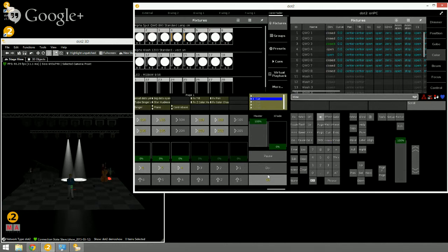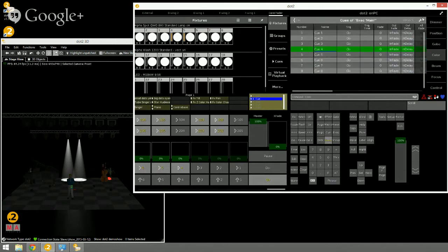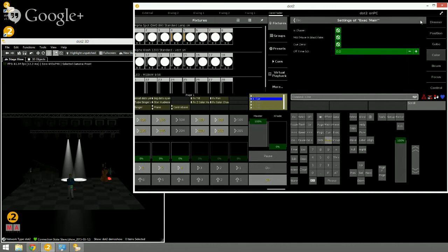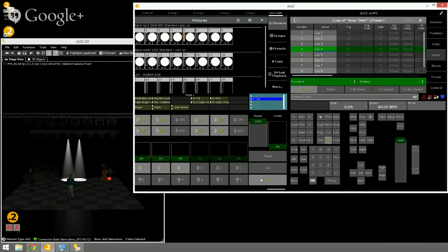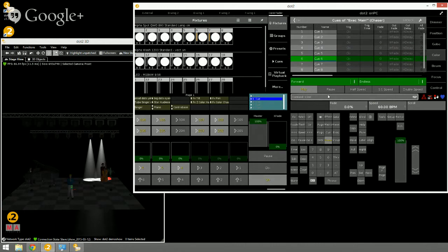I'm going to say view this cue list, and we're going to go to the wrench symbol on the top right. You'll notice there's an option there that says is chaser, and it's currently set to no. If you toggle that to yes, you now have a chaser executor as opposed to a regular cue list. When we hit go, it's going to automatically step through the cues. Okay? And this is going to be based on the speed. So if we double our speed up here,